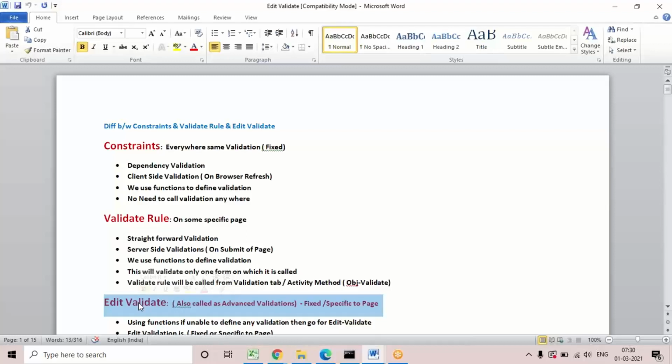Don't worry, in real time when you work on edit validate, whoever has knowledge of scripting will get the task. Any task routed to you is based on skill level. So if you need to add any user defined edit validate rule, the task will be routed to a person who has knowledge of scripting. If you don't have any knowledge of scripting, don't worry. Even if you want to work on that, it is just copy paste, guys.